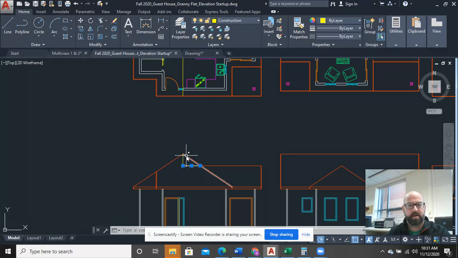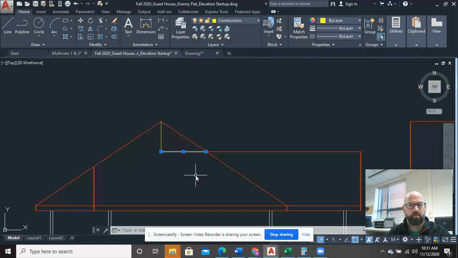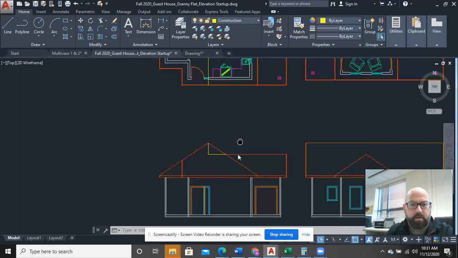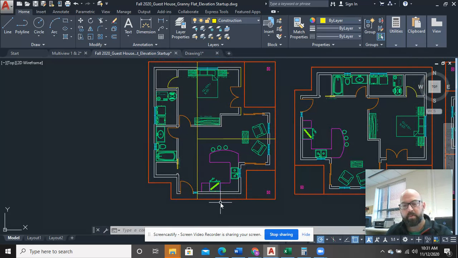Well, that's not a distance. I don't care about distances down a slope. I care about the distance over, because then I can just use offset. So if I list that, it tells me that that line is 4 feet 3 inches. Okay, so now how's that helpful? Because if I offset this line 4 feet 3 inches,